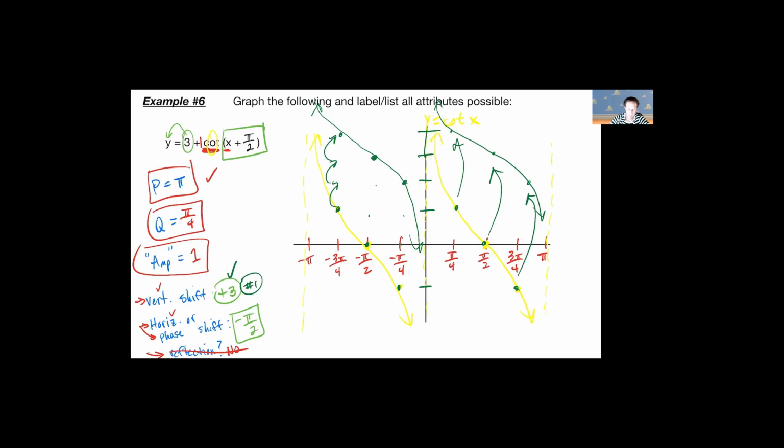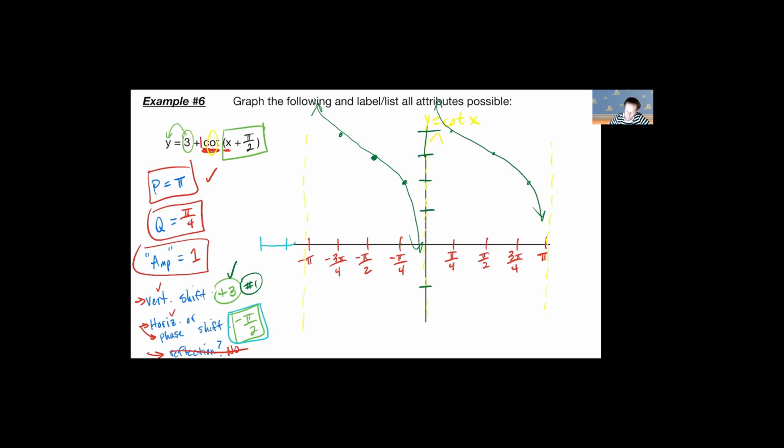And don't forget, I still have another shift that I have to put on, and that is what we call phase or horizontal shift. I have to shift everything left pi over 2. So if I'm going to go left pi over 2, that means I'm going to start with my asymptotes. Remember, start there so that you have those boundary lines, and then once you have that, kick that field goal right down the middle. So when I change all of these, it's now going to shift everything to the left pi over 2, which I'm going to clear some of this stuff so that we can see it a little bit better. And I'm going to start by making all of these left